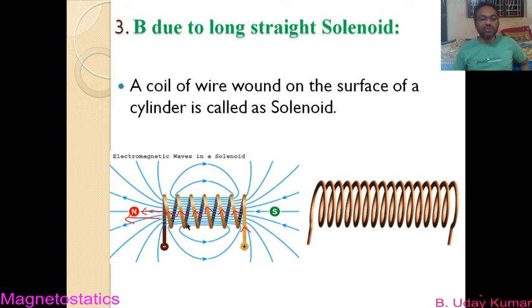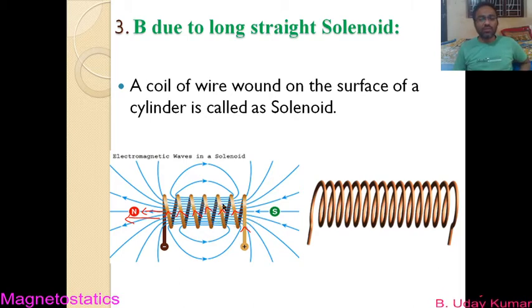Now coming to the derivation part, our aim is to find the magnetic field on the axis of the solenoid. Remember, this is the front view of the solenoid, and if you see it from the side, it looks like a circle. That's it. So from the south pole or the north pole end, if you see this solenoid, it looks like a circle, not more than that.